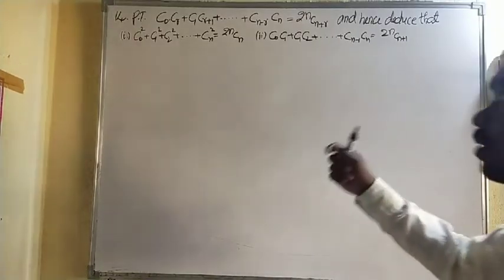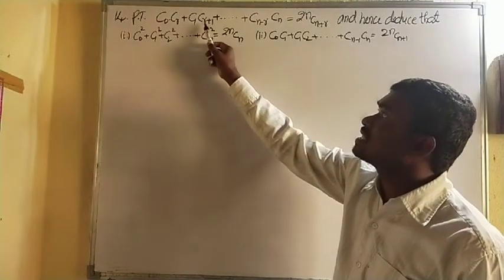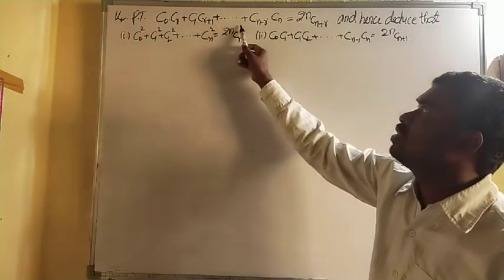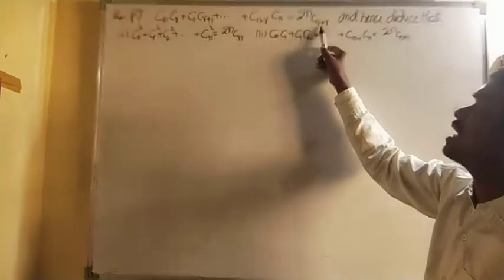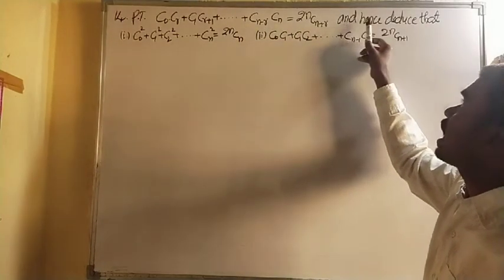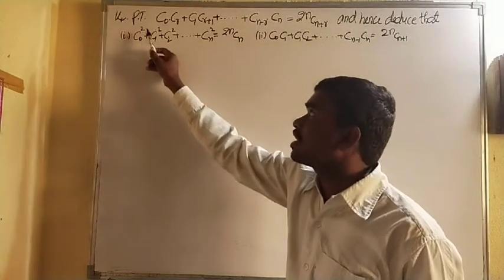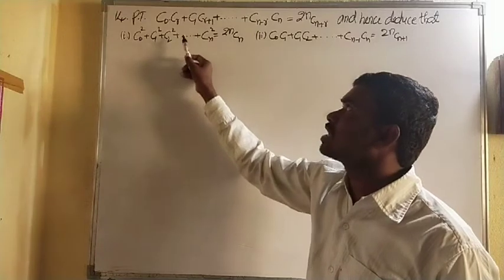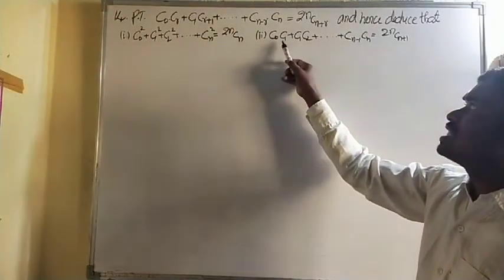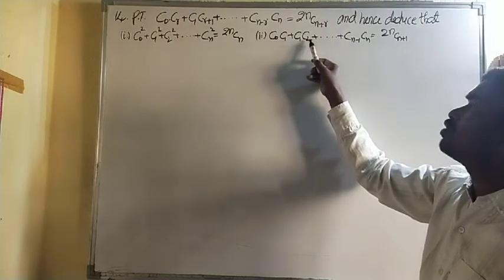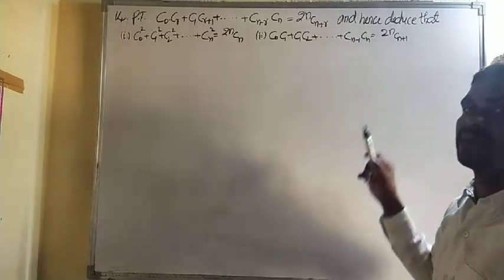Next, 14th problem. Prove that C0 Cr plus C1 Cr+1 plus so and so plus Cn-r Cn is equal to 2n C(n+r). And hence deduce that first one, C0 square plus C1 square plus C2 square so and so plus Cn square is equal to 2n Cn. Second one, C0 C1 plus C1 into C2 plus so and so plus Cn-1 into Cn is equal to 2n C(n+1).